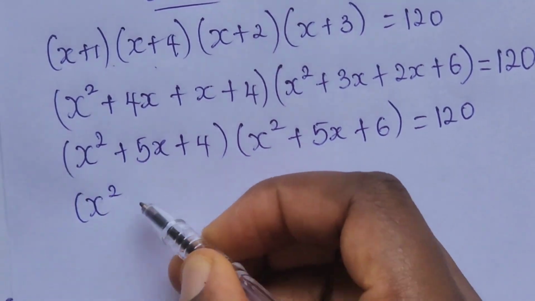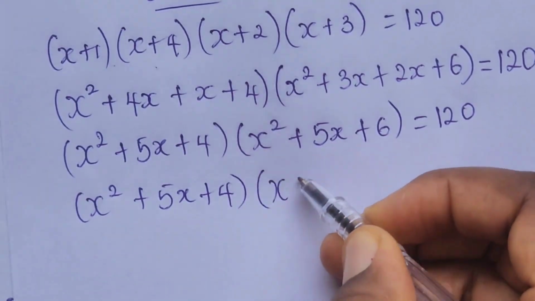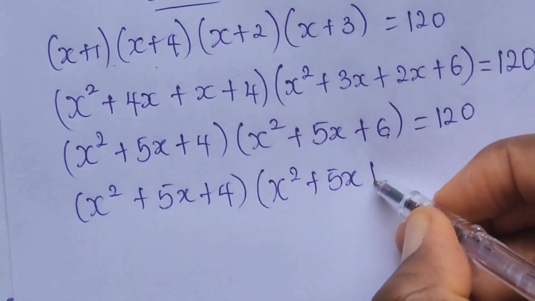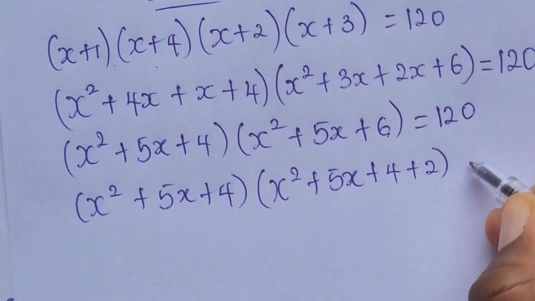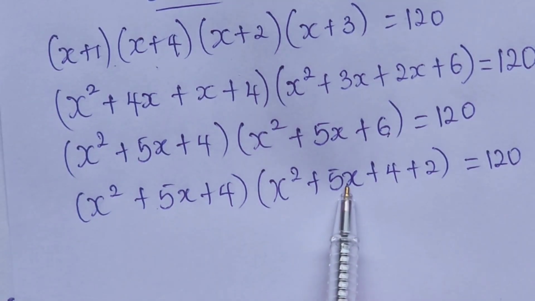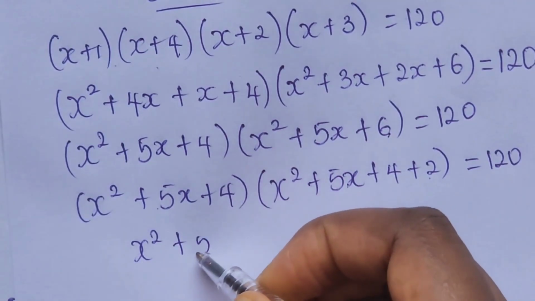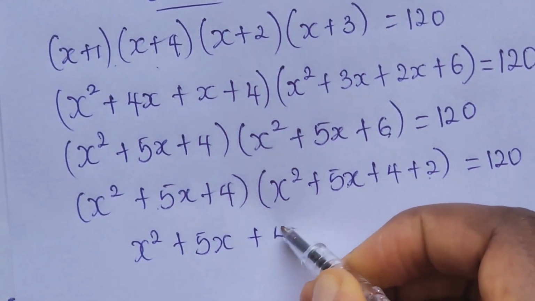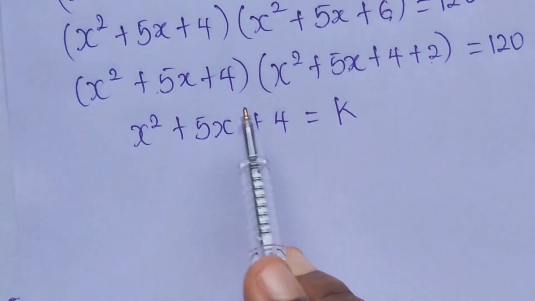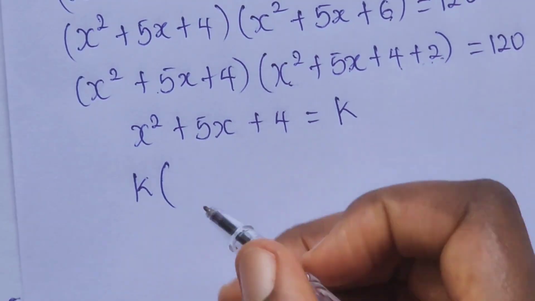So we have x squared plus 5x plus 4, and x squared plus 5x, we can split this 6 to be 4 plus 2, all equal to 120. So this and this look alike except for these two. We can make x squared plus 5x plus 4 equal to k. So it simply means that all this is k times and all this is k plus 2,